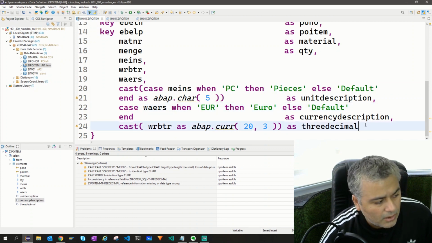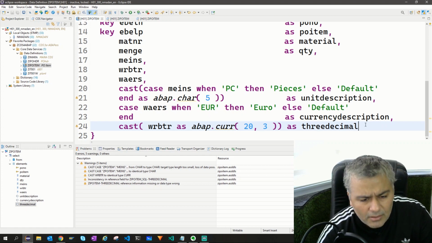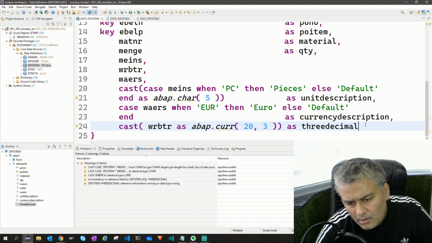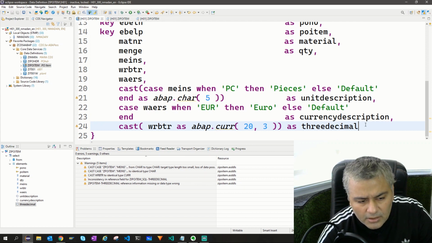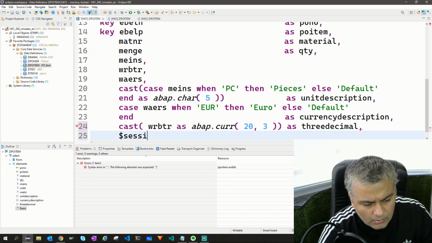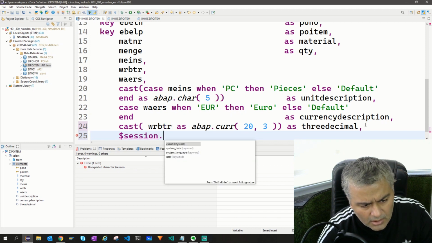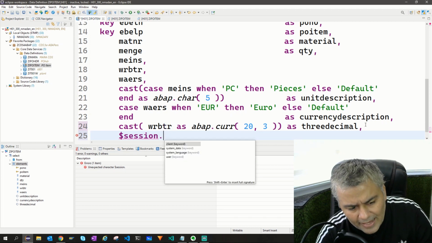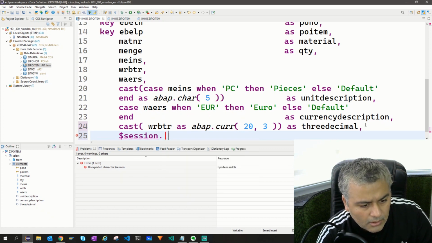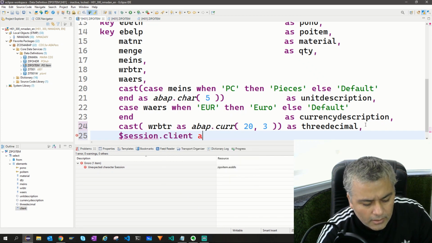Now what if we want to have certain date, time, and default fields, for example client, user, date, time, etc.? How do we add them? For that also, all you need to do is use a global variable which is available, $session, which has 4 fields: your client, system date, system language, and user. So let's just add that. We'll say client as client,